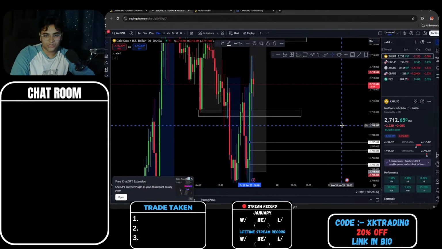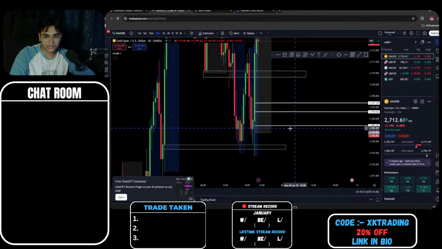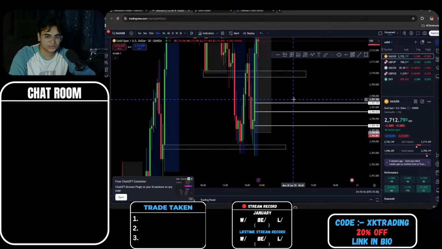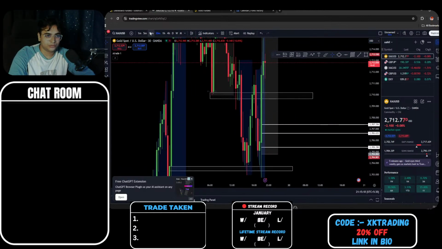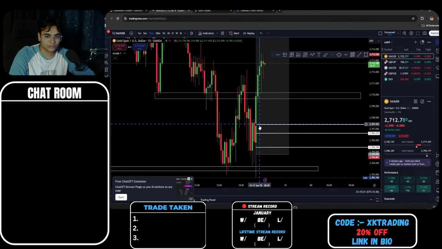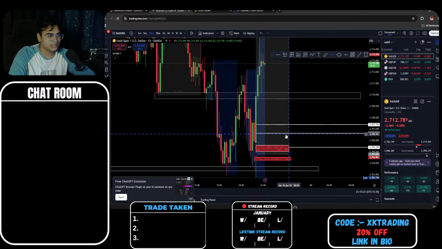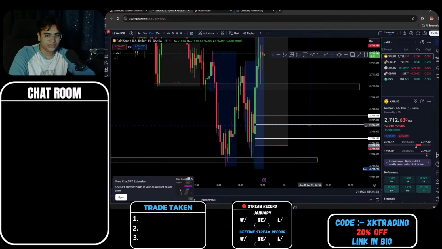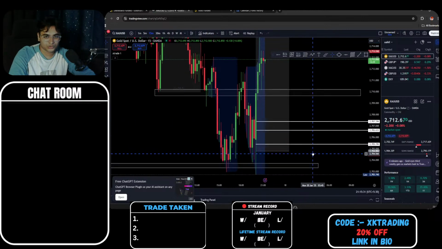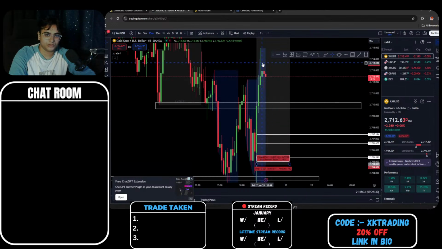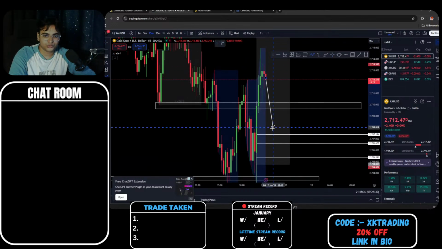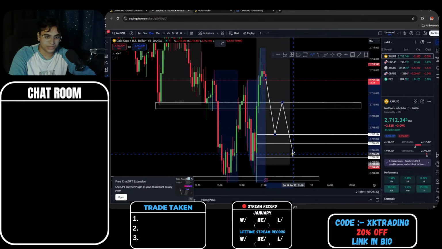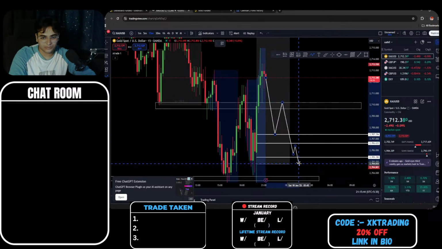So we have put these two positions at break even. These two are not at break even at this point. The only reason I have not put that at break even is because we can tap into this zone and still manage to take it out. So I'll let it be at a stop loss at my entry point or so. But we'll see how we do, because even if price does come down here, I'm okay with that. But the only problem is if we break below this zone and come here, then I'll be removing these two positions and closing these two as well.